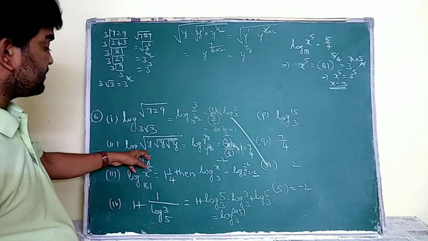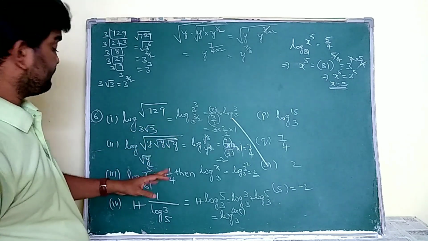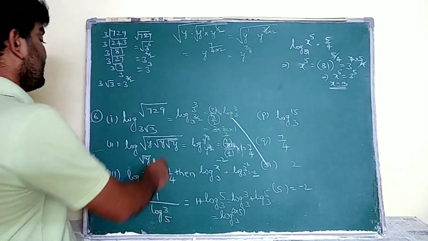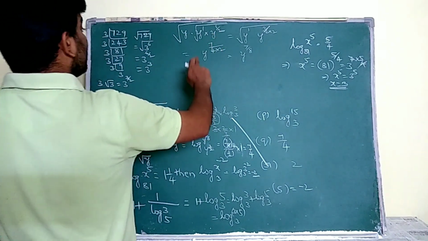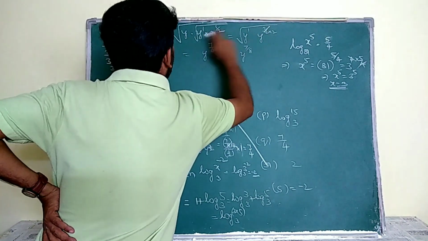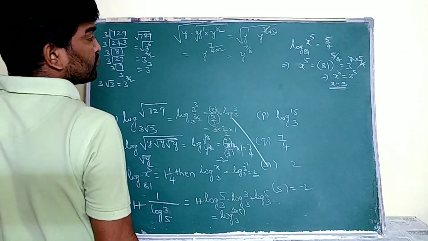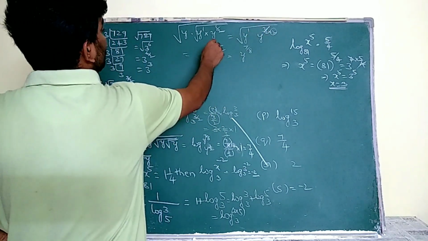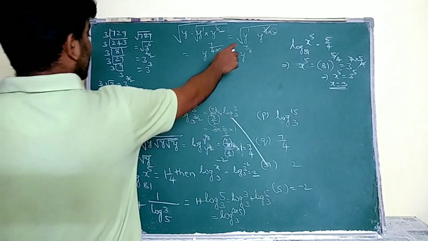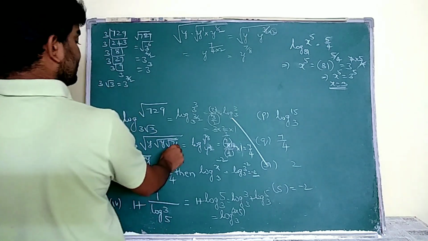Now see, log of root over y into root y base root y. So root y into root y means in the place of y I am going to write y power 1 by 2. This is going to be y power of 3 by 2. To remove this root, I have to write one more 2 here. That is 3 by 4. 1 plus 3 by 4 means that is 7 by 4. To remove this root I am going to write by 2. So 7 by 8. Y power 7 by 8 is the value of this.